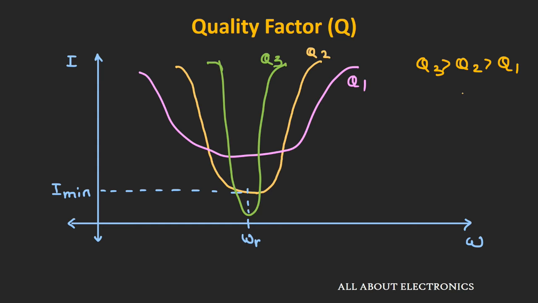Now as the value of this quality factor for the circuit increases, the sharpness of the curve also increases, and the resonant curve is getting narrower and narrower. So we are able to reject one particular frequency very precisely. And as the value of this quality factor reduces, the curve is getting wider and wider. So instead of rejecting one single frequency, it will reject many other frequencies as well. So now let's find the equation for this quality factor in terms of the circuit components.